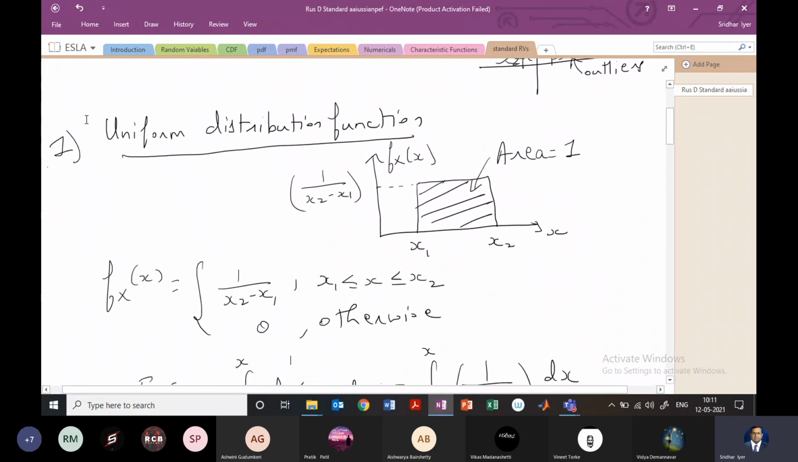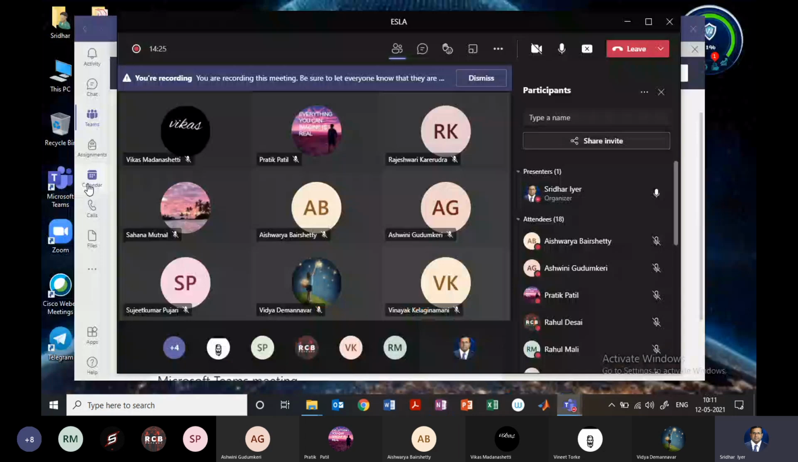x1 and x2. I also explained how we had already done this in the characteristic functions, where x1 was a and x2 was b, right? So we had been given the